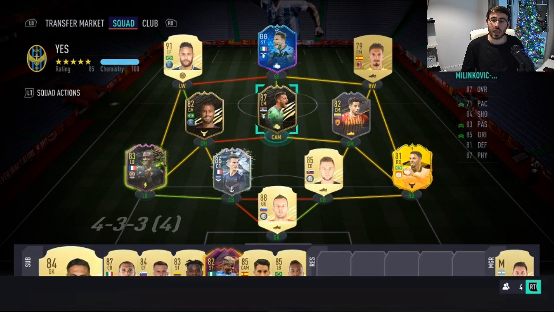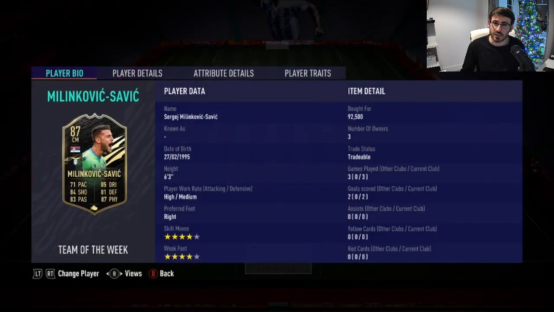Today I'm going to be reviewing the 87 rated, second in form, Milinkovic-Savic. I think he may be the first player this year to get 2 informs, or was it Watkins? I think Watkins might have got 2 informs as well from Aston Villa, but even so, the 87 rated Milinkovic-Savic